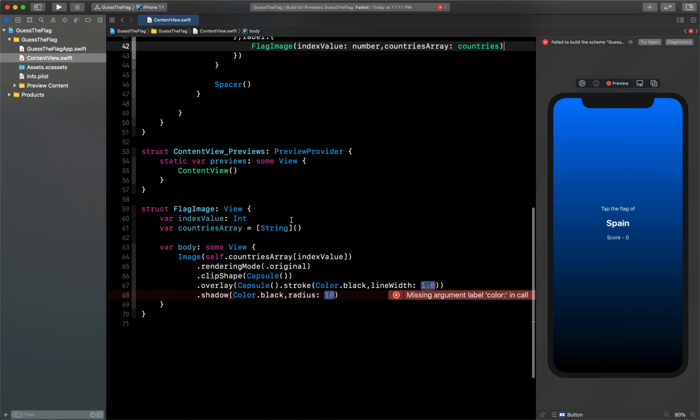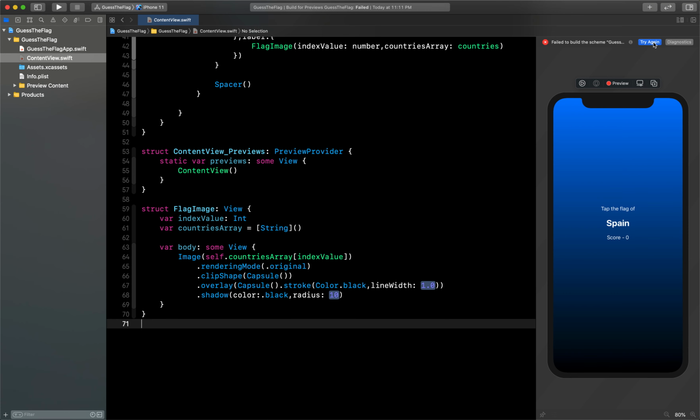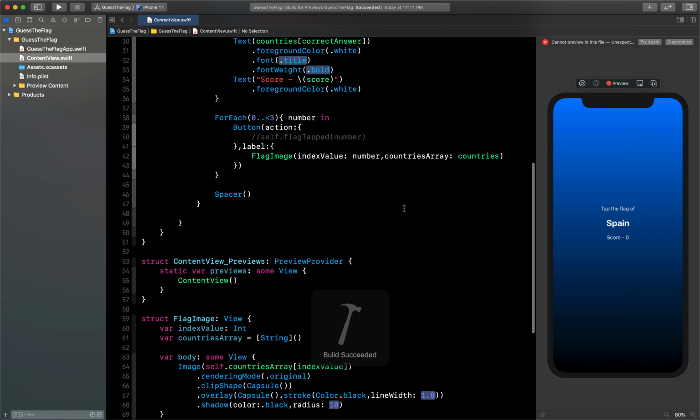Okay, the shadow is added here, but let me check if there is some issue. Okay, so here we need to say color, and it will be dot black, and this C will be small. Okay, now let's check again. Okay, now it's fine.